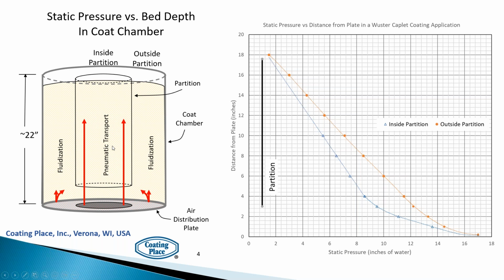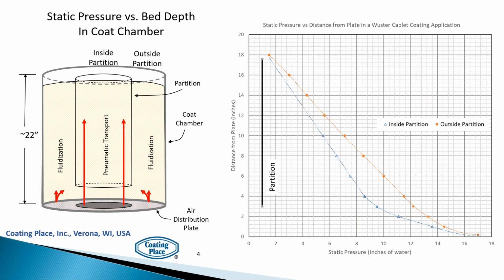And when you have pneumatically transporting particles going up through here, within about an 8-inch diameter, all the spray is picked up by the particles. And so that was determined to be the optimal diameter for the up bed. Any further increases in that has really no benefit, because the particles at the outer edge aren't getting coated as